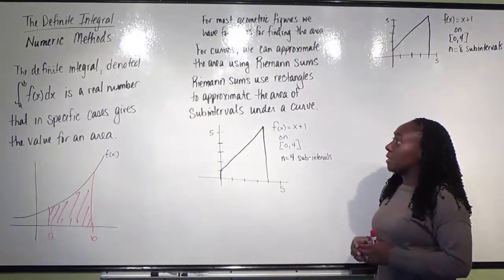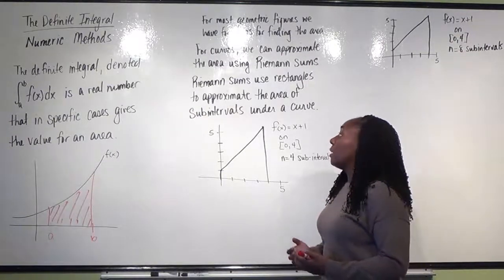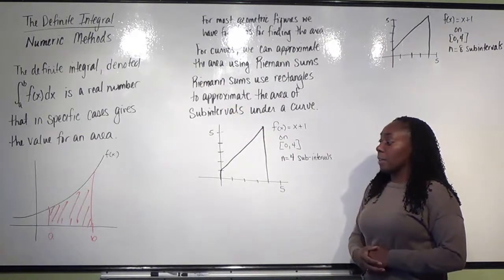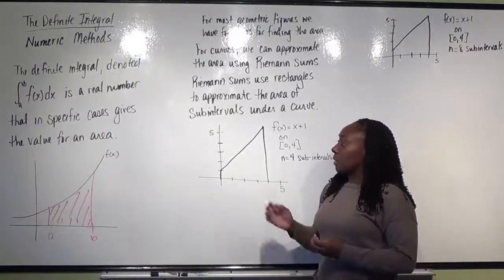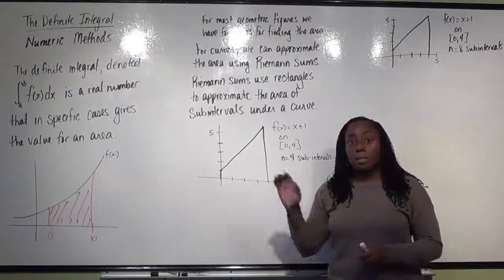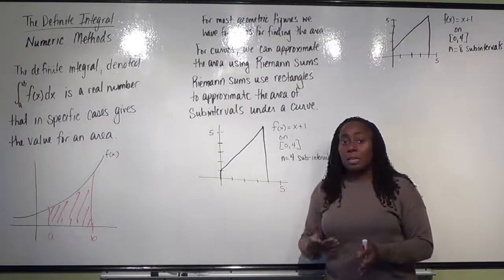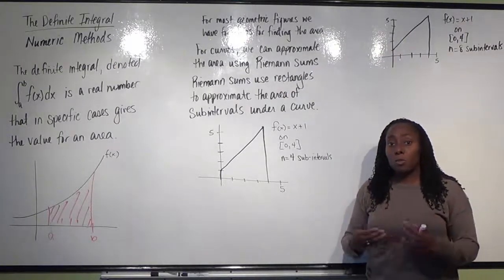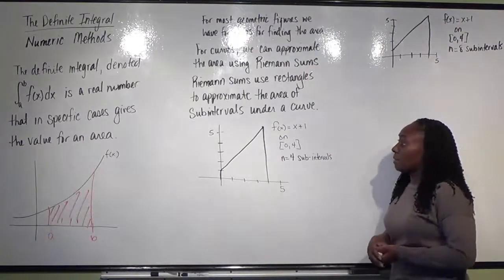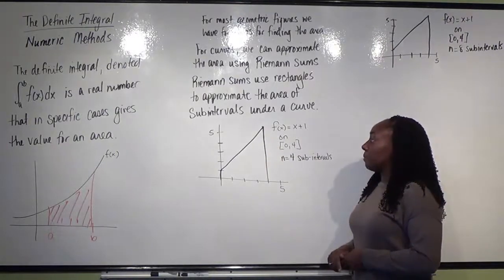Okay? And Riemann sums basically use rectangles, which we know the formula for to find the area, to approximate areas of subintervals under a curve. Okay? And to make that more clear, I have a couple examples here. We're going to take a really nice function. So obviously all of our functions are not going to be this nice, but we're going to start with these just so you can get the idea of what we're talking about. And as we move forward with these, we'll get into some of the other methods that relate to these numeric methods. Okay? So in this picture, I've got a function f of x equaling x plus 1 on an interval